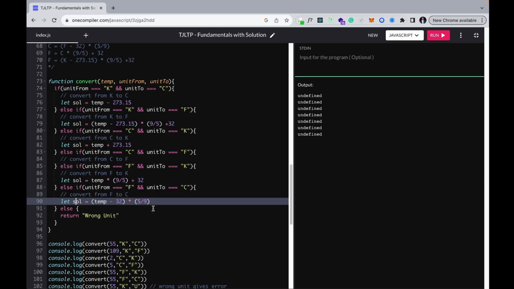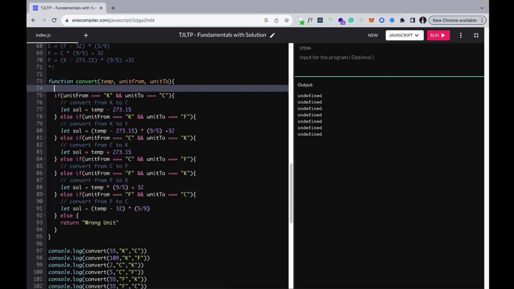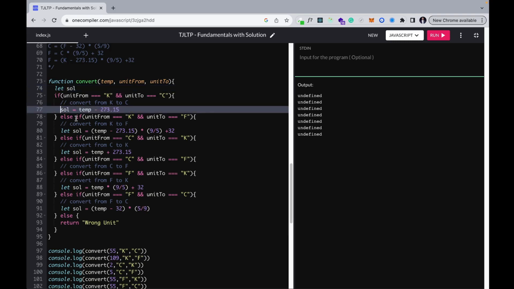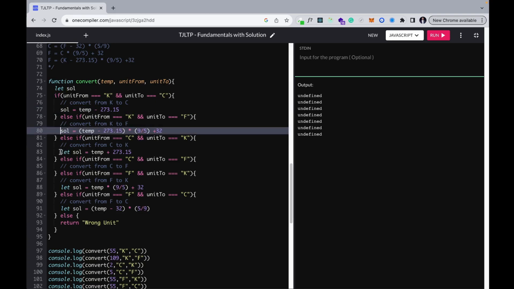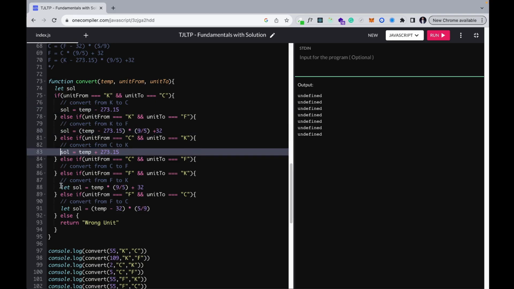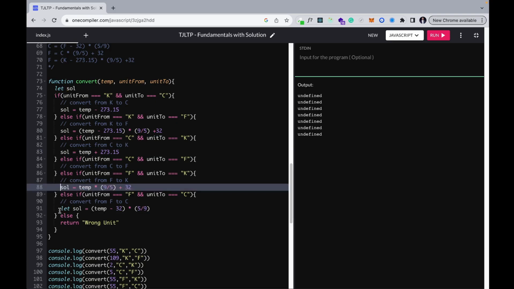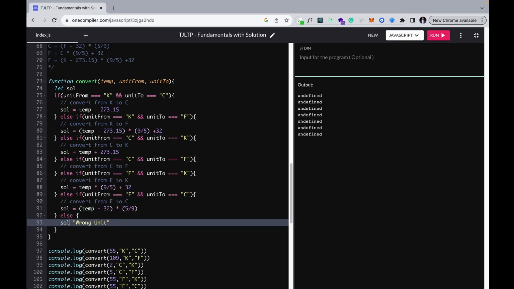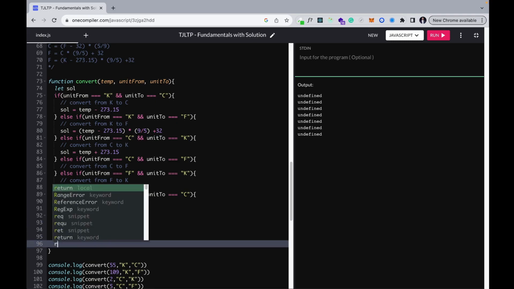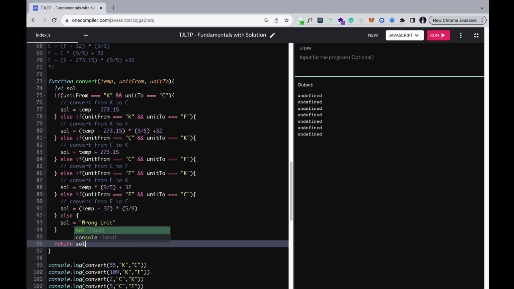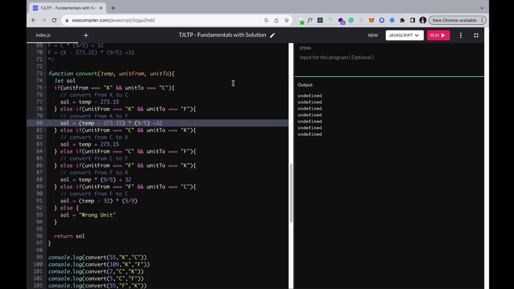Very good. So what we could do is, instead of creating this value every time, we could just create a let here to initially be undefined, and then take out this let, so that we just reassign it to that value. If the condition matches, we just reassign to that value instead of recreating it. Very good. And then here we just want to say the solution will just be equal to wrong unit, and then we can return the solution here. Okay, when we run this,